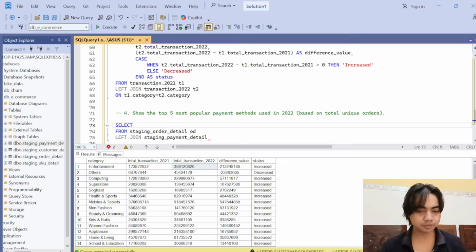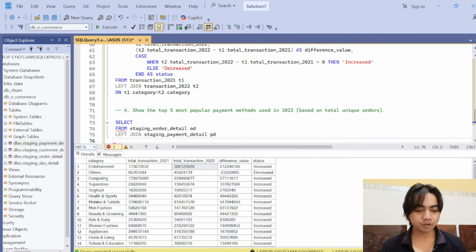So let's call this payment details PD, and we want to join these two tables on